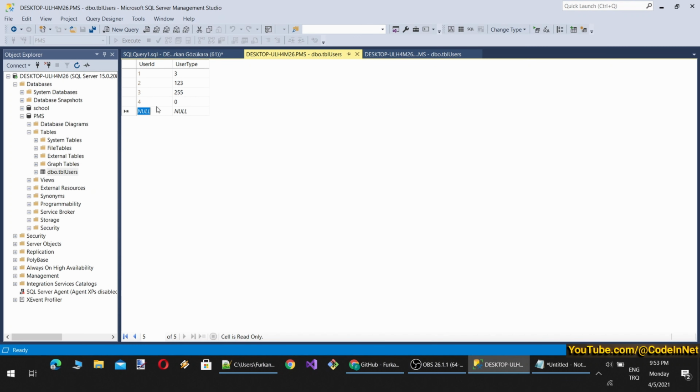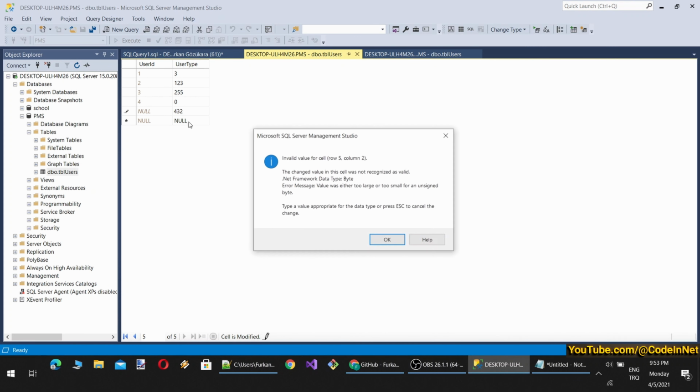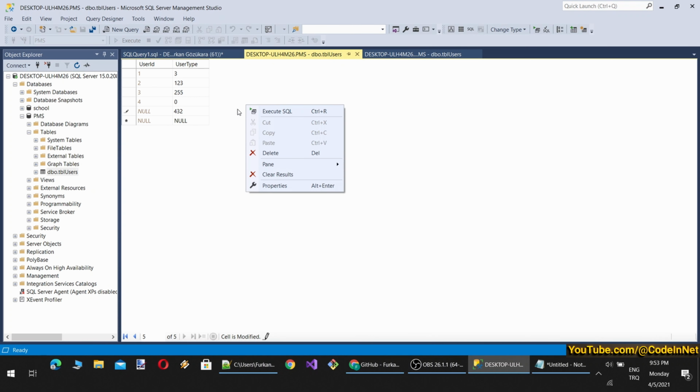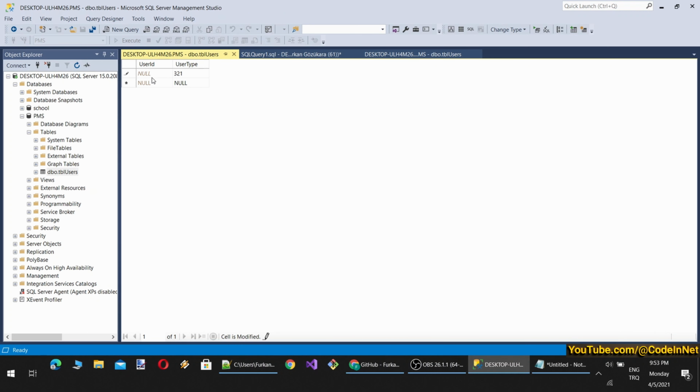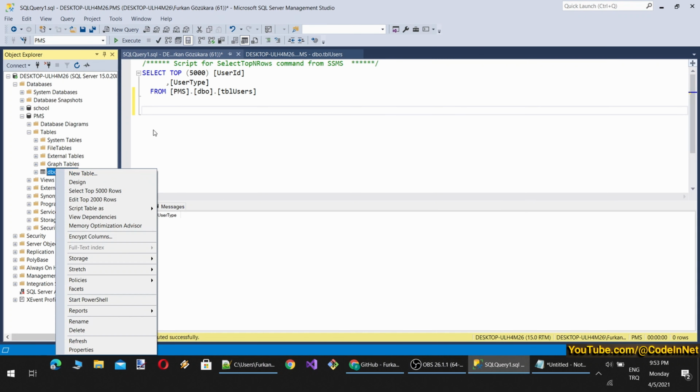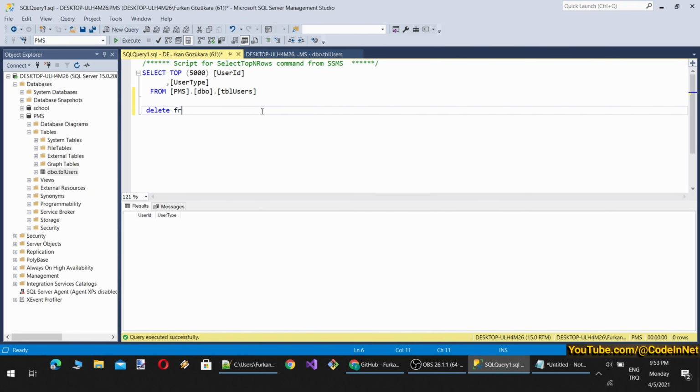So what happens when I add something new here? It says values are changed, therefore I have to reopen it, and when I add something like this, it will start from, by the way, 5, because it continues from its last seed. So if you want to reset the seed as well, what can you do? Let's delete all the records. You can also use the truncate command. Truncate is much faster than delete because it is lockless and it cannot be taken back. Truncate table TBL users. It will immediately delete everything.